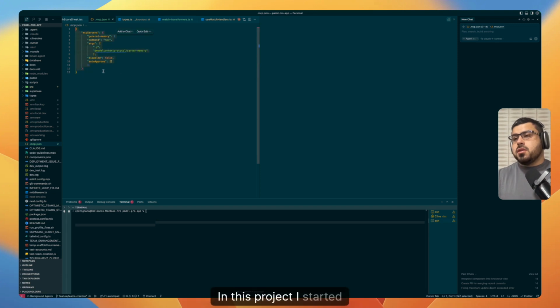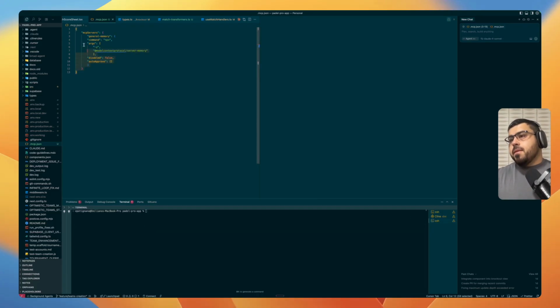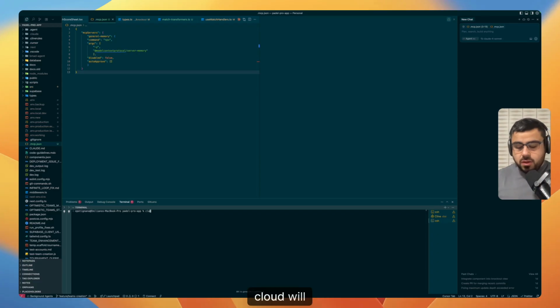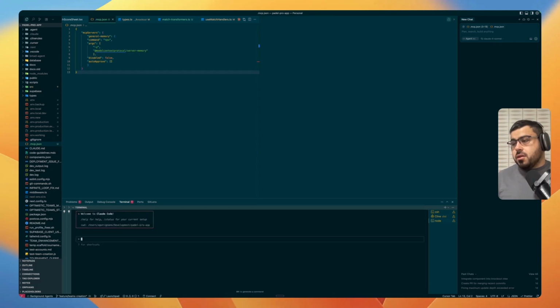In this project, I started using the general memory. So here I create a .mcp.json file. That is where Cloud will use the MCP servers when I try that later. So for example, this. Okay, so I can say